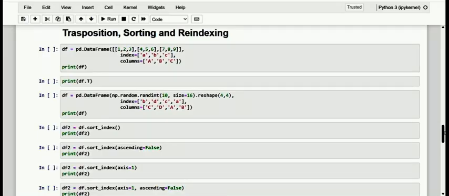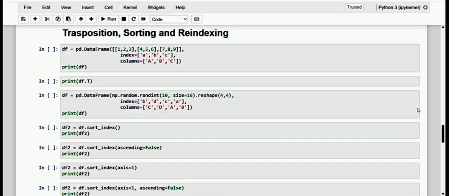Dear friends, the transposition of a data frame is equivalent to the mathematical operation of the transposition of a matrix. In this operation, the rows become the columns and the columns become the rows. So that is exact transposition. Applying a transposition to a data frame will therefore exchange the labels between the index and the columns, with the consecutive reordering of the values related to them.